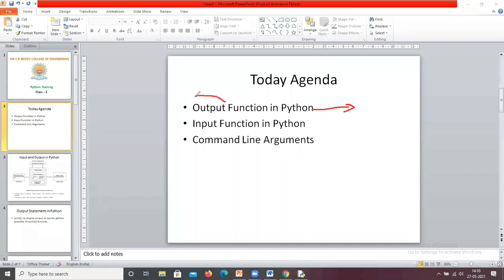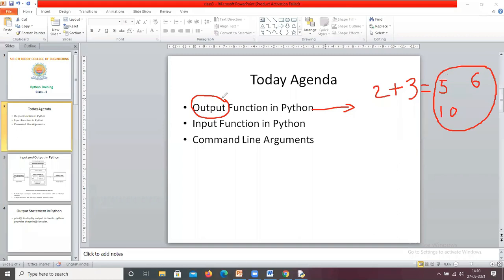For that, first we need to know what output is. We discussed functions in Python. So what is the output actually? For example, I am asking, what is 2 plus 3? Now you are saying 5, somebody says 10, somebody says 6. All these are outputs, but 5 is the correct one.